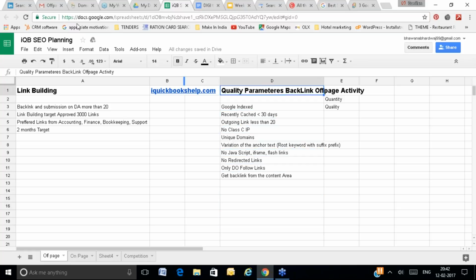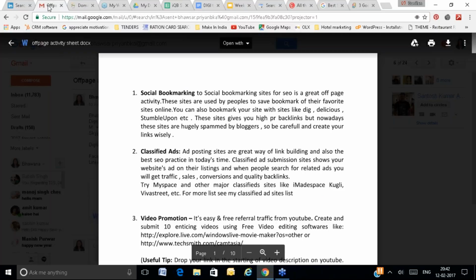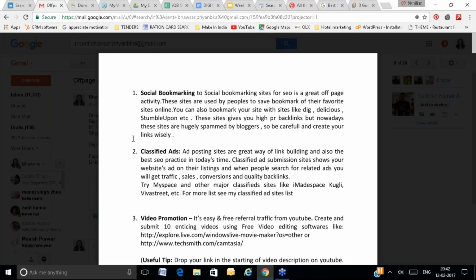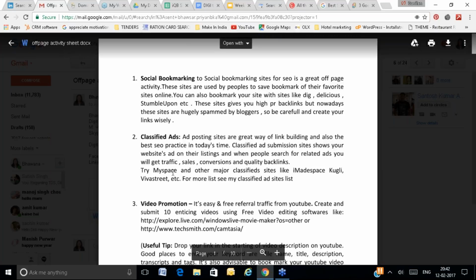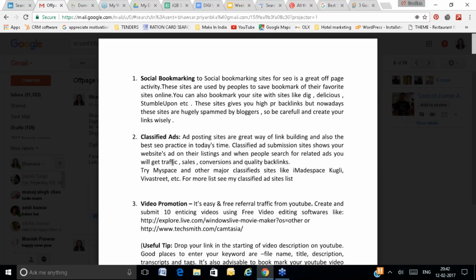Apart from these quality factors, I am going to show you the process of getting backlinks. These are the generic methods. You can get backlinks from social bookmarking sites, for example Digg, Delicious, Reddit, StumbleUpon. Classified sites, for example OLX, Sulekha, ClickIndia, Quikr.